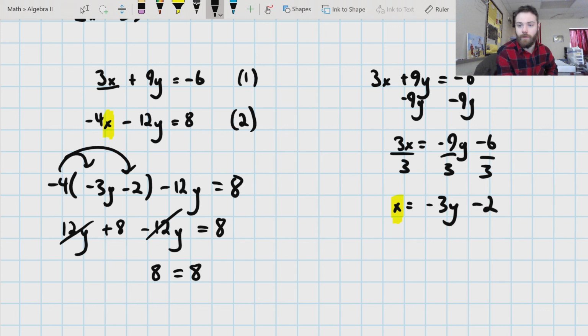So over here in Geogebra, let it load first. If I type that first equation, which was 3x plus 9y equals negative 6, Geogebra